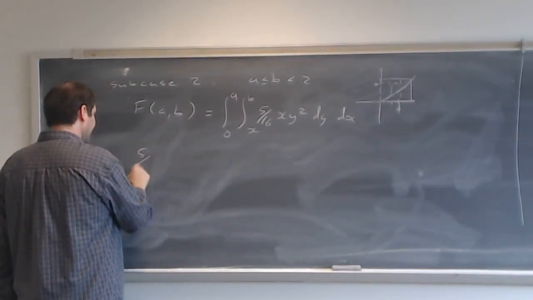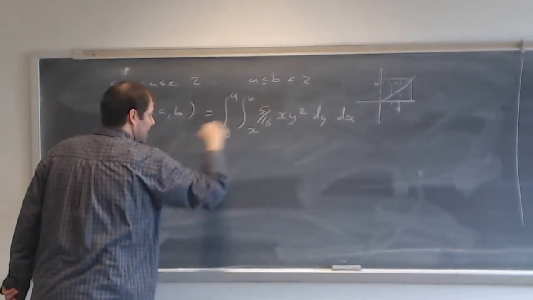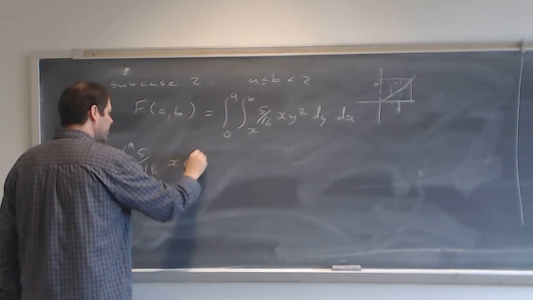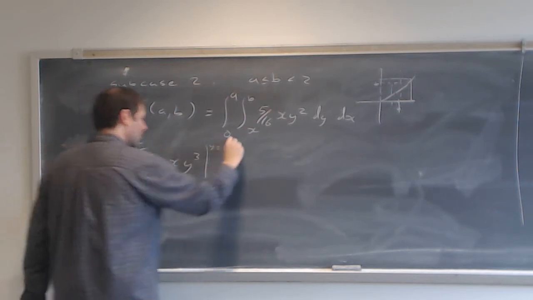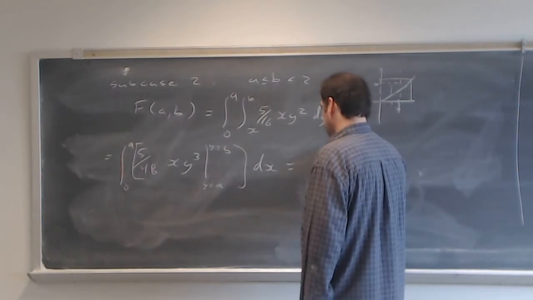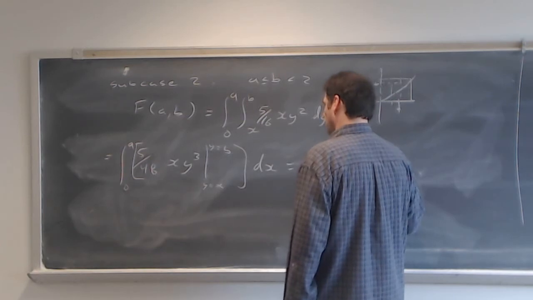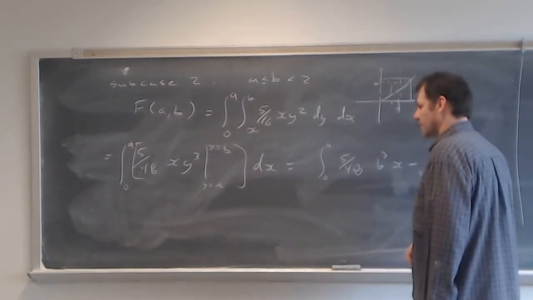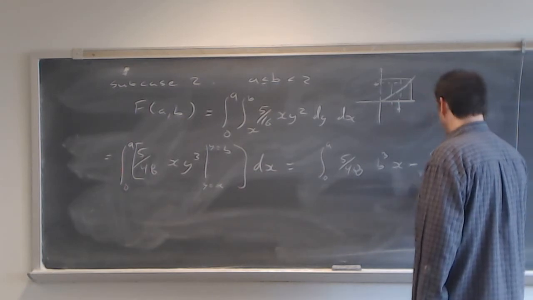So with respect to y, I have 5, so it's the integral from 0 to a. 5 is, with respect to y, the antiderivative of y cubed over 3, so this becomes 5/48 x y cubed, evaluated as y runs from x to y runs to b, dx. So when I stick in y equal to b, I get the integral from 0 to a of 5/48. This would be b cubed x minus what I get when I stick in for y equal to x, that's 5/48 x to the 4th